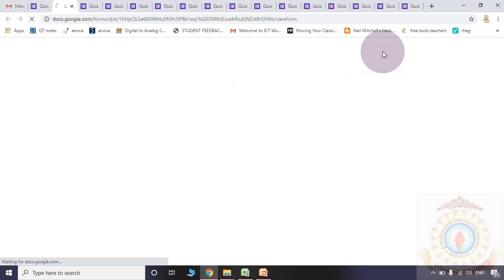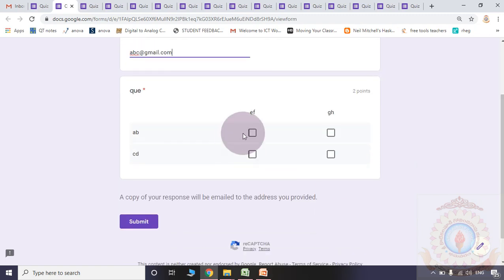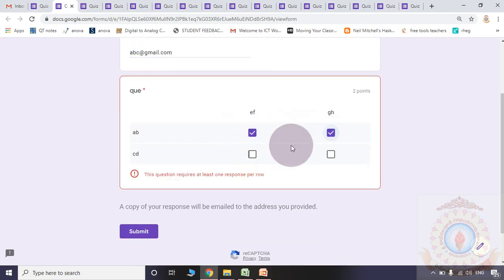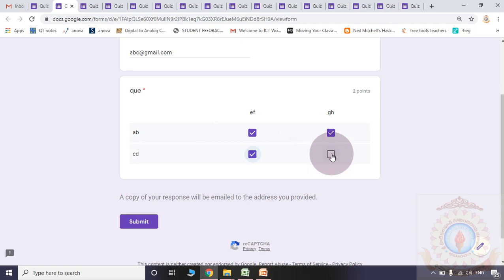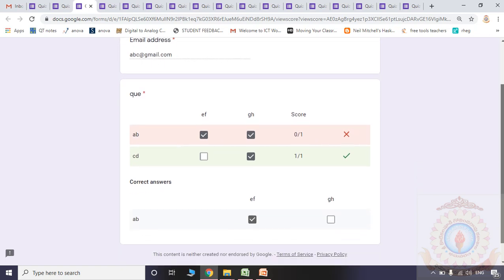Let us see the preview one more time. Please observe, in the first row I need to select only EF to obtain the mark.